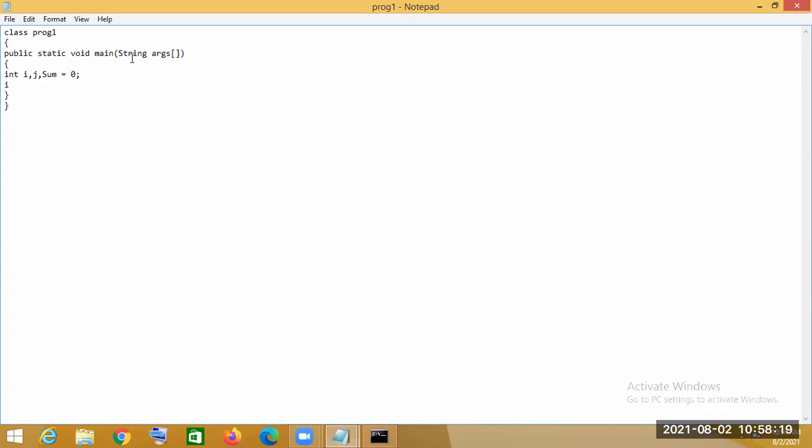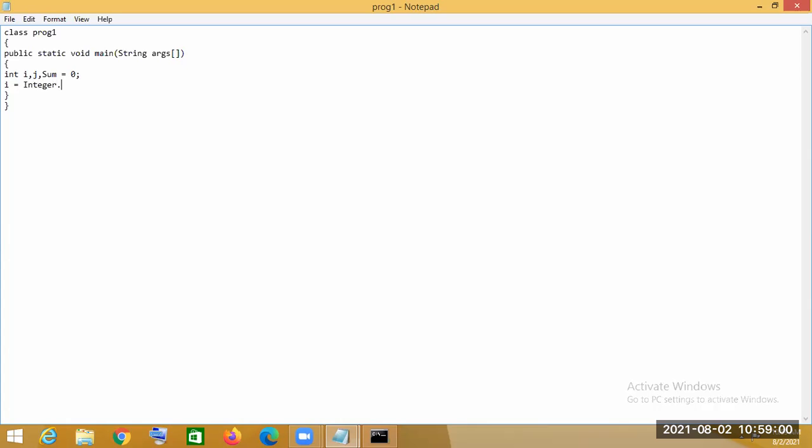Because in Java, each and every argument we pass is of string type. So we have to convert this string to an integer value. For doing that, we already know, in the previous class we have declared the methods. For every primitive type there is a wrapper class, the 8 wrapper classes. If you remember, those 8 wrapper classes are present in the java.lang package, which we have discussed.